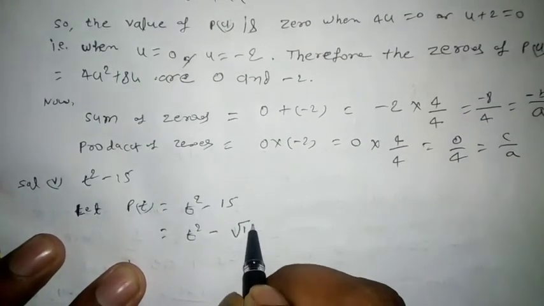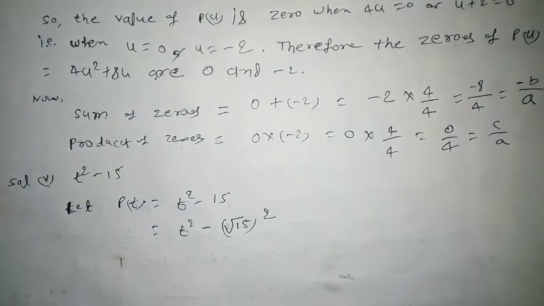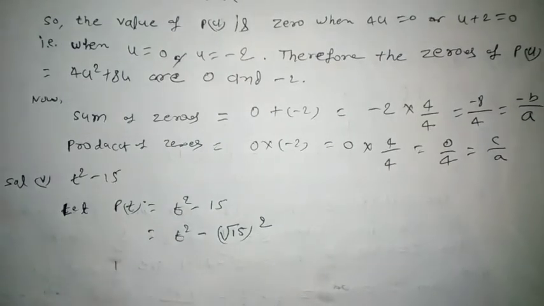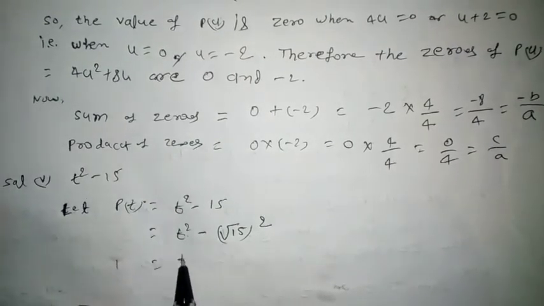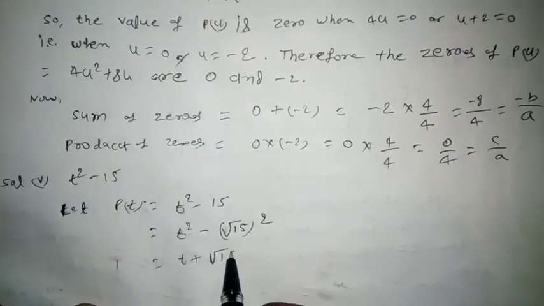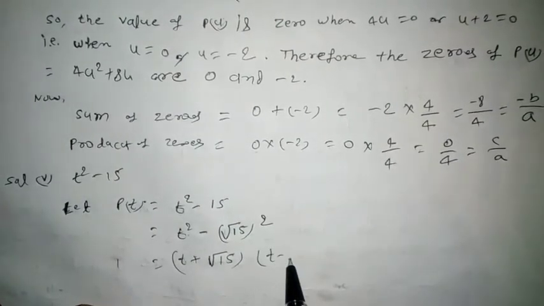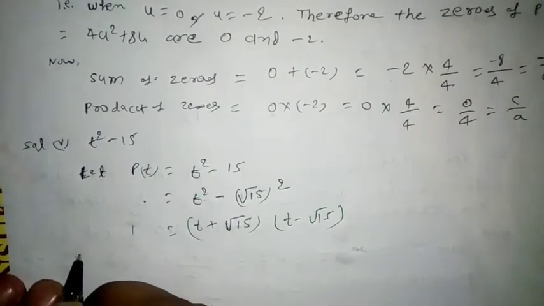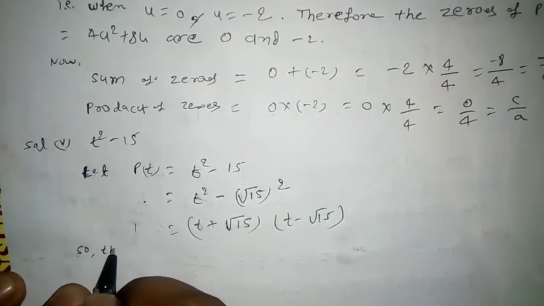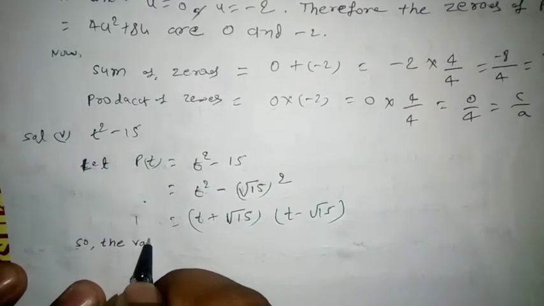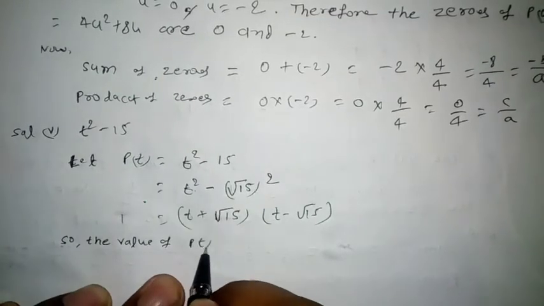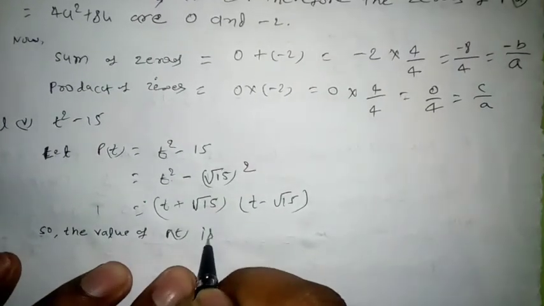We write also root under 15 the whole square, okay, because root under 15 into root under 15 is equal to 15, so I write here root under 15 the whole square. Now a square minus b square is equal to a plus b, a minus b. Okay, so the value of pt is 0